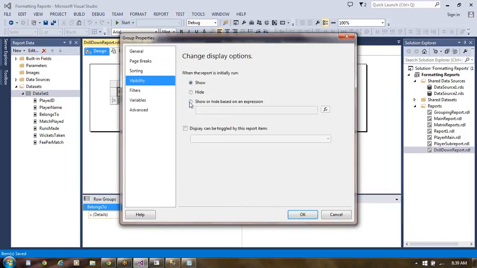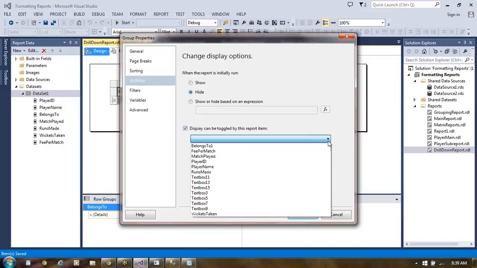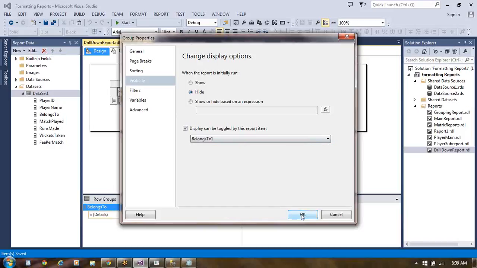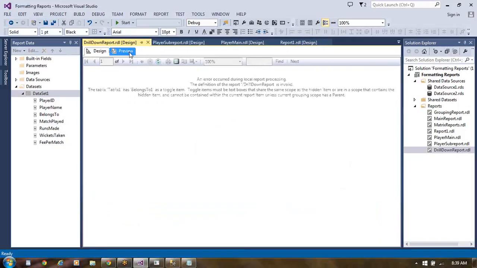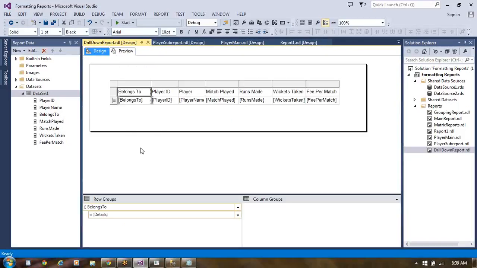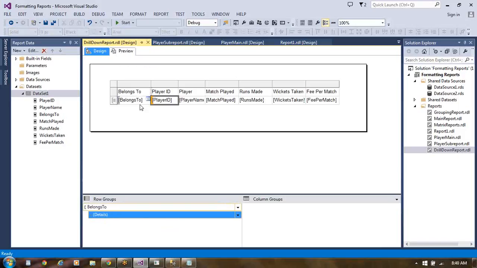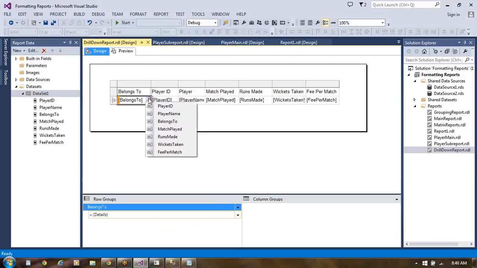If you take hide, then display can be toggled based on what exactly, this belongs to 1. Try to preview this. What's the problem? It is giving an error.